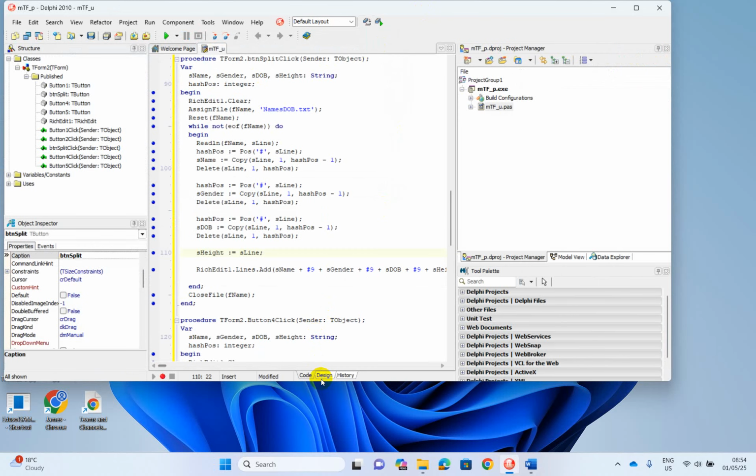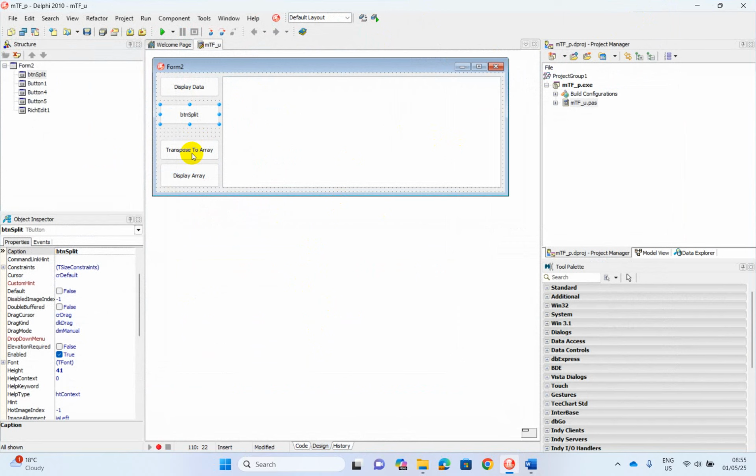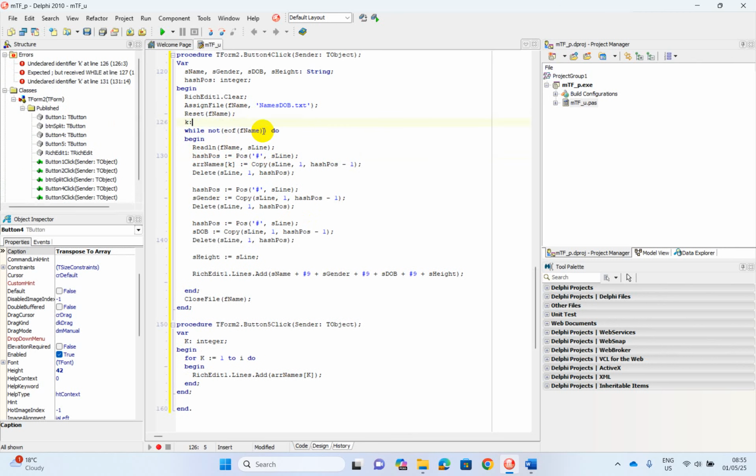What we can do next is if we want to transfer the contents to an array. So it's the same code as the previous, but instead of saying S name, so we readln, we find the hash, but instead of the S name at this stage, we can put it into an array. So we can say array names. We have to declare. We don't have a variable, so I'm just going to use K. So before we start, we got to assign K is assigned